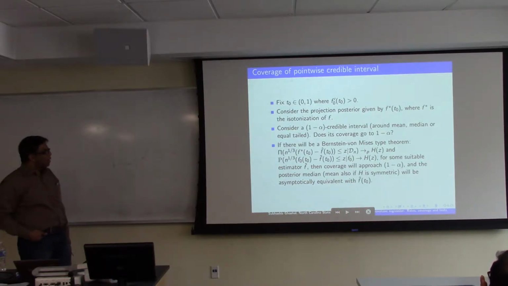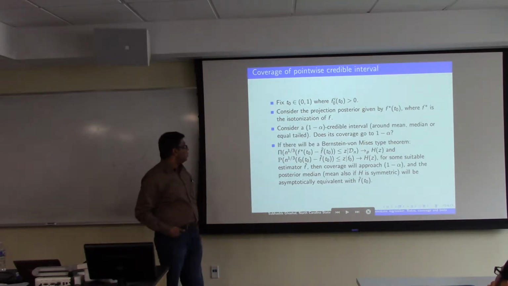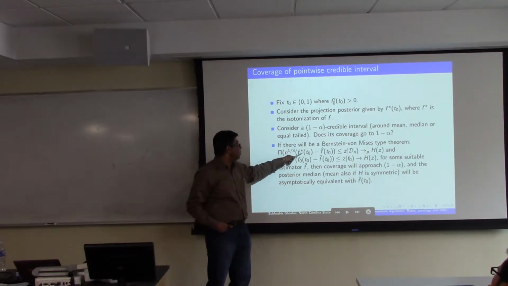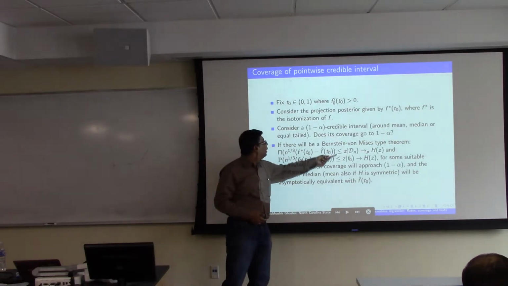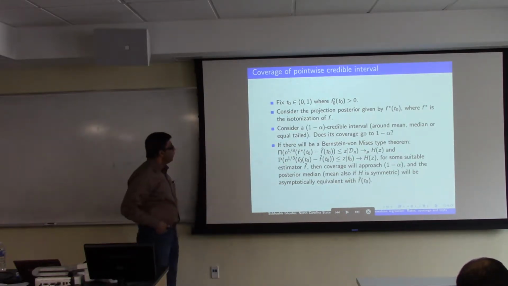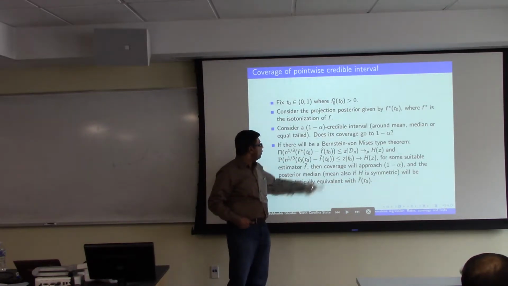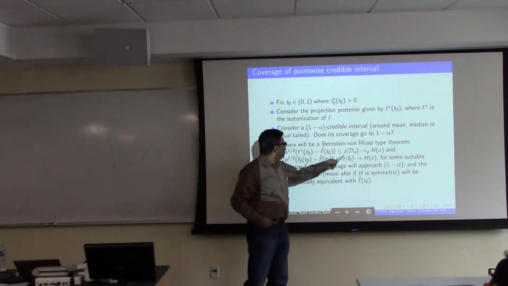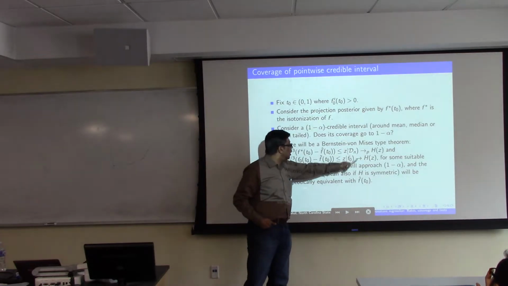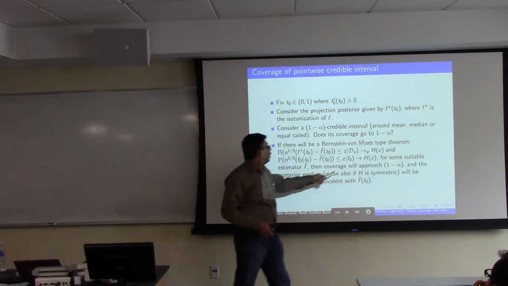Now if there would be a Bernstein-von Mises type theorem for this problem, here the convergence rate is n power 1/3, not n power half. So suppose we have some kind of Bernstein-von Mises theorem that would probably read like this: the posterior probability that n power 1/3 times f star t0 minus some kind of estimator used for centering at t0 is less than a number, given the data, converges to some distribution, let's call it h.